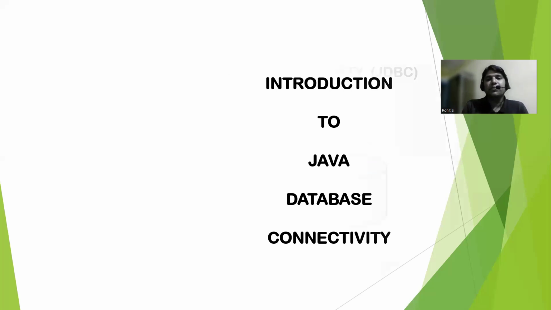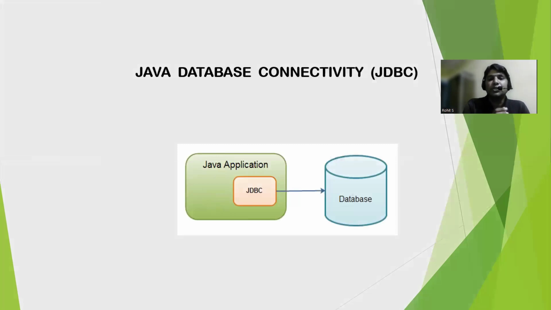Typically, JDBC is an API, the application programming interface, that gives us the idea that if I write a Java application and really want to connect it with a particular database, in this case we are going to consider a Relational Database Management System, RDBMS, and MySQL is the database we are going to connect with. We are already aware that the database is operating on localhost, making use of a MySQL community server. That MySQL community server, on localhost, is already executing